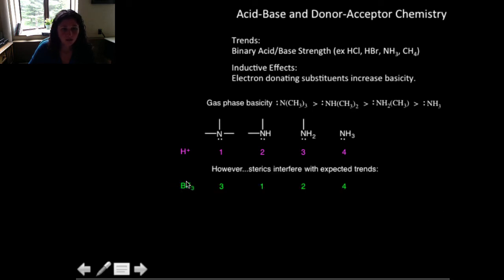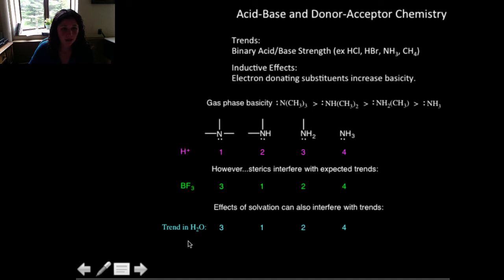So you take a bulkier acid and react it with this series of bases, you see that now this base is not quite as basic as you would have expected based on the inductive effects, and that's because of sterics. So these guys are blocking your BF3 from coming in. So now you have the trend of most acidic, next most acidic, then this one, and then the ammonia is last. Solvation can also interfere with these trends, and notice that if you have water as a solvent now